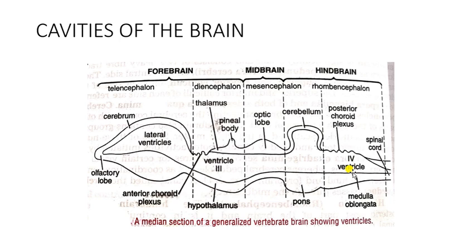Now, what is the function of this fluid? It acts as a shock-proof cushion for the brain and spinal cord and keeps them moist, and forms a medium for exchange of food materials, waste products, respiratory gases and other substances with neurons, and maintains a constant pressure inside the cranium. So with this we complete brain, and in our